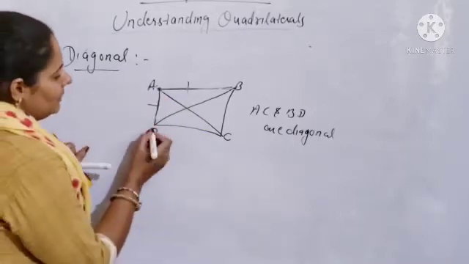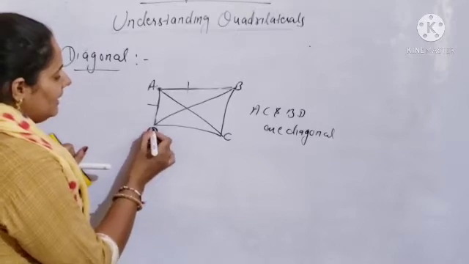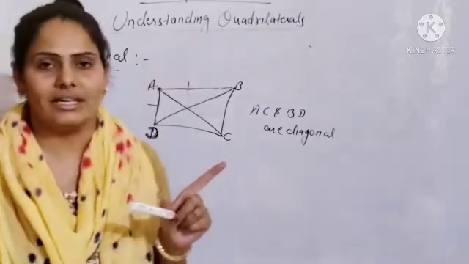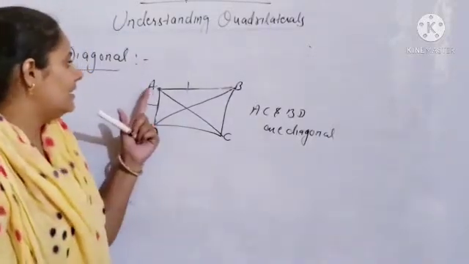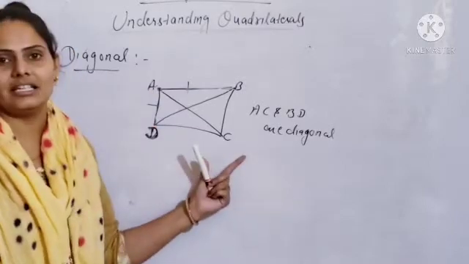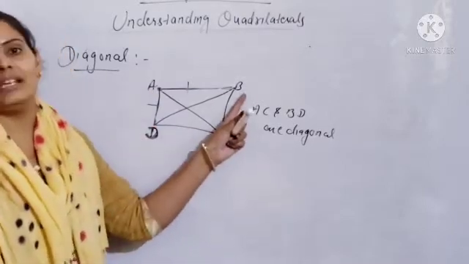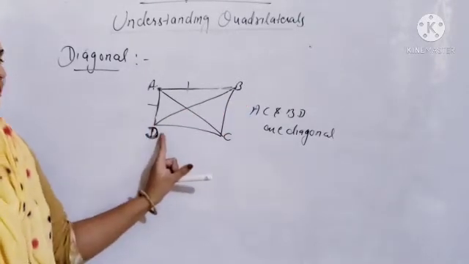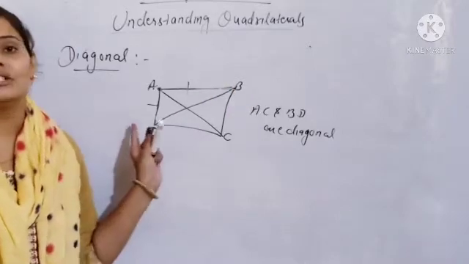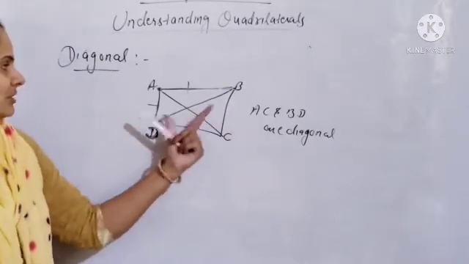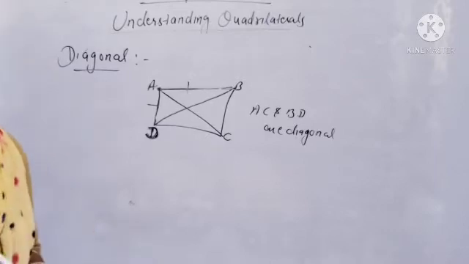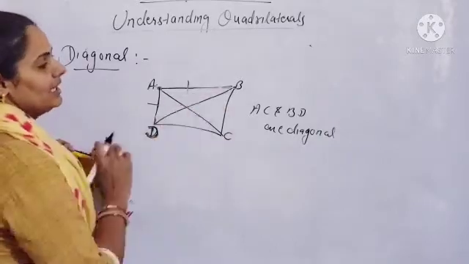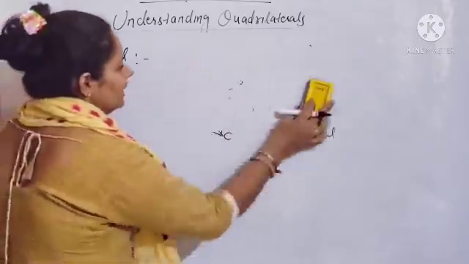So here, for example, if you talk about D, then with D you have C and A. Okay, C and A are consecutive vertices because on the right-hand side A is sitting and on the other side C. But what is the non-consecutive vertex? B, which is on the opposite side of D. So which vertex is opposite to D? B. And opposite to B? D. So when you join the opposite vertices, from the line segment, this line segment is called the diagonal of the quadrilateral. So in this quadrilateral, AC and BD are the diagonals of the quadrilateral.